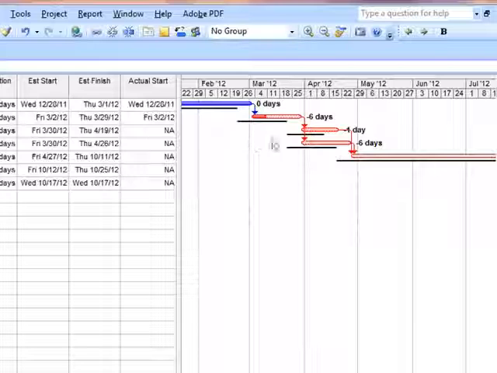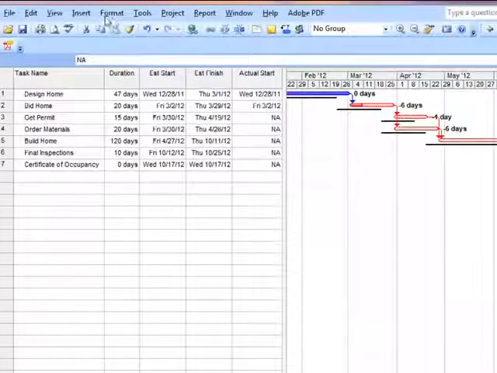What we're going to do here is we're going to set our baseline 1 to the current schedule. I want to do this before I update the schedule. So the reason is I will now be able to compare it to the original schedule, which is the black line, and compare it to what was the schedule before I updated it. So we're going to do a visual. First we're going to update. It's going to go to Tools,